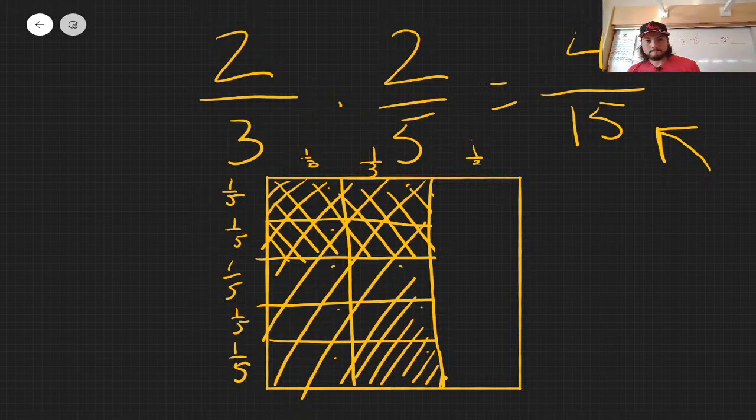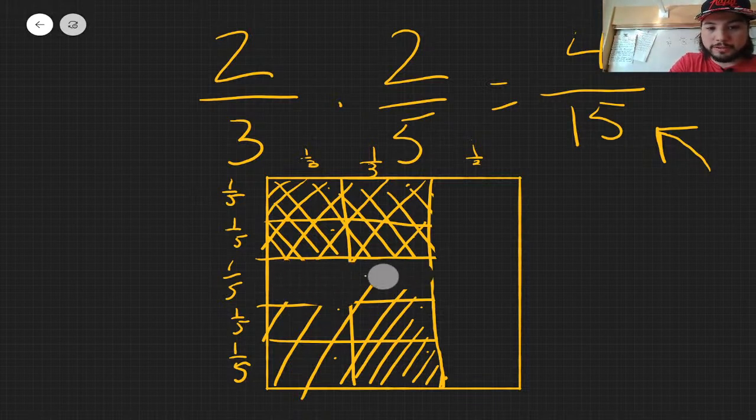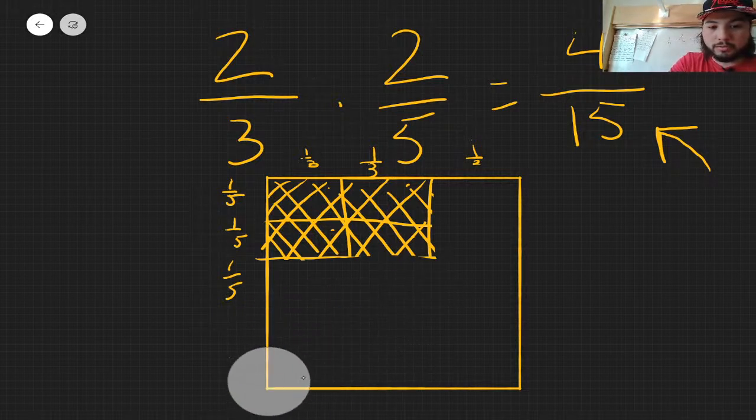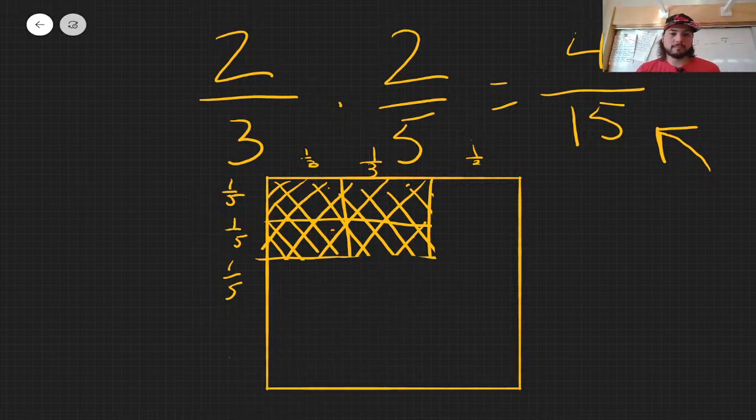And similarly with 2/5, we're only focusing on our top 2/5 that we shaded in. So we don't need to worry about these bottom 3/5. How many pieces are we left with